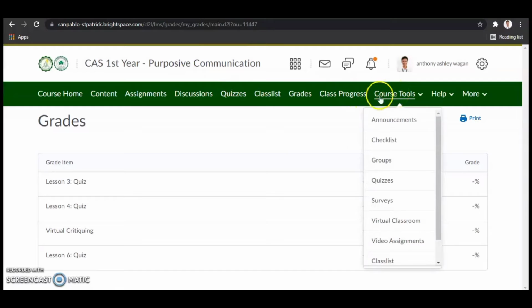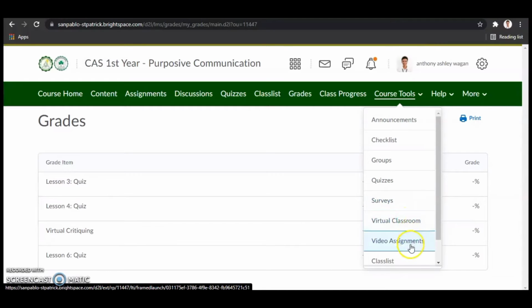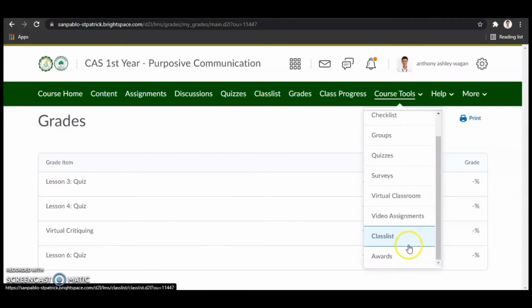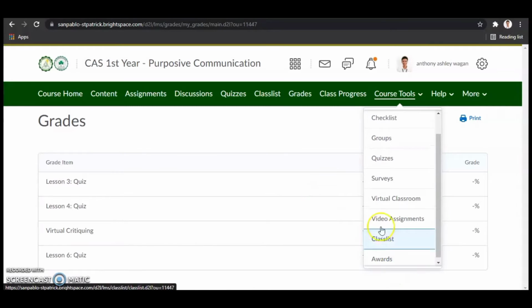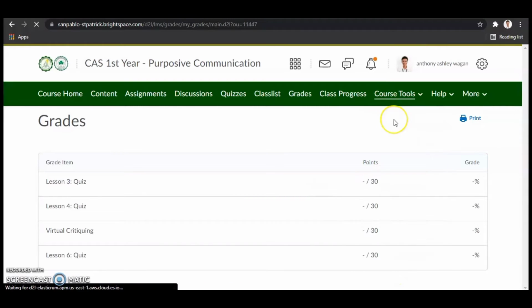Course tools. Course tools includes announcement, checklist, groups, quizzes, surveys, virtual classroom, video assignments, and the class list and awards.